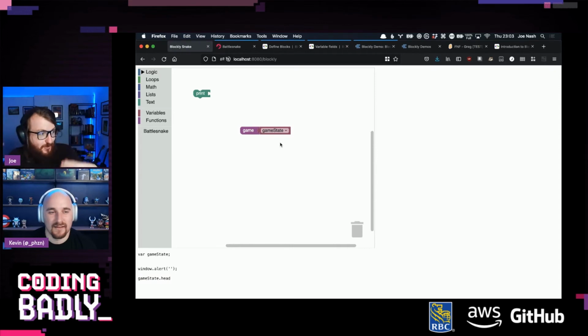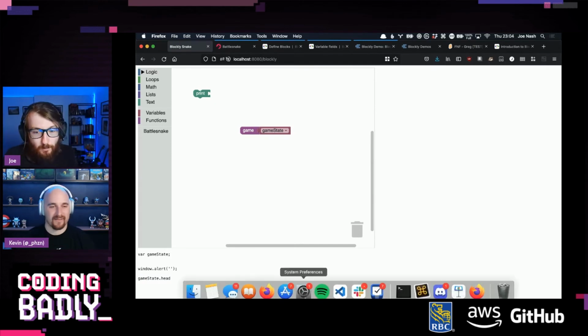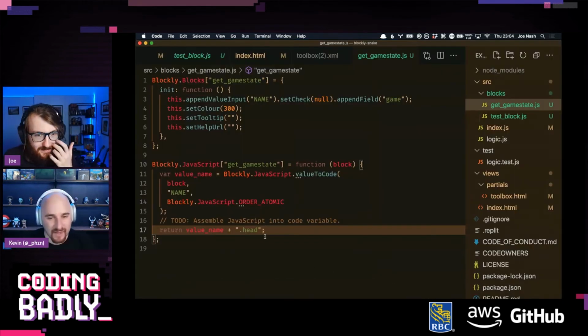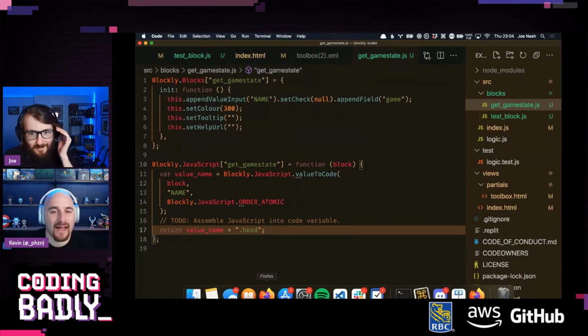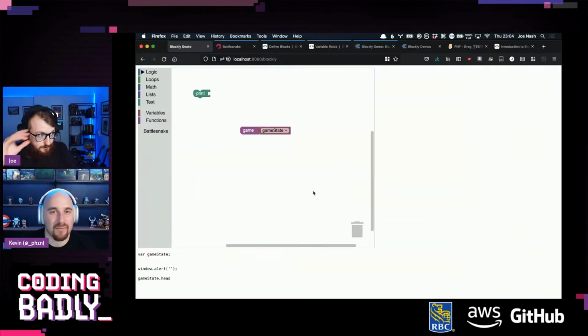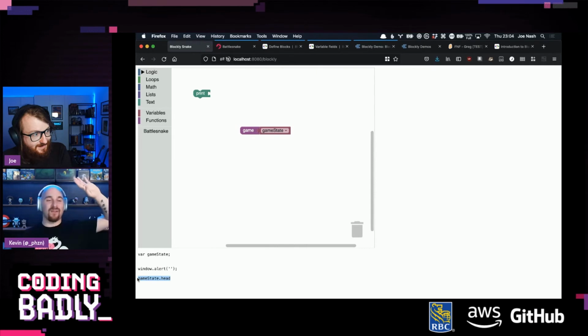So we're now writing the function which writes the JavaScript which creates the JavaScript we need for Battlesnake stuff. So if we wanted to get the head, let's think about how we do this, because currently it's just a string and we want it to refer to a variable by the name of that string. That's not a string, that's code. This is the JavaScript output being injected.